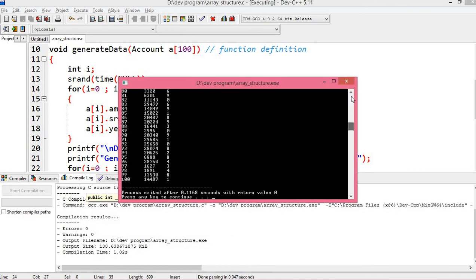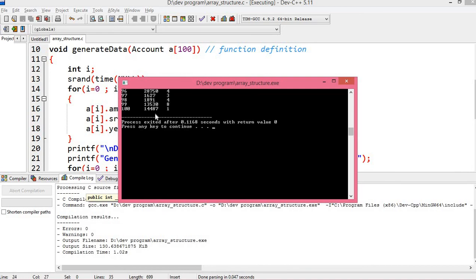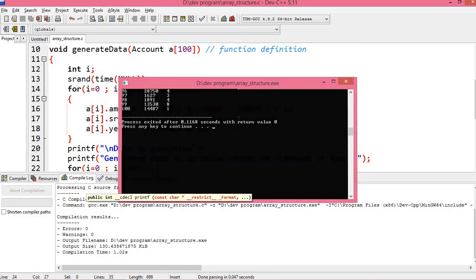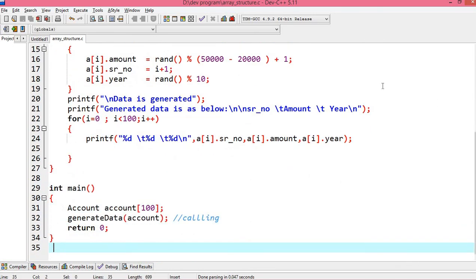Now it's cool. You can see serial number, amount, and year. So this is the data that is generated using the random function. You can see there are 100 entries over here. It is just the data of the 100 structure elements that we declared over here, account of 100.